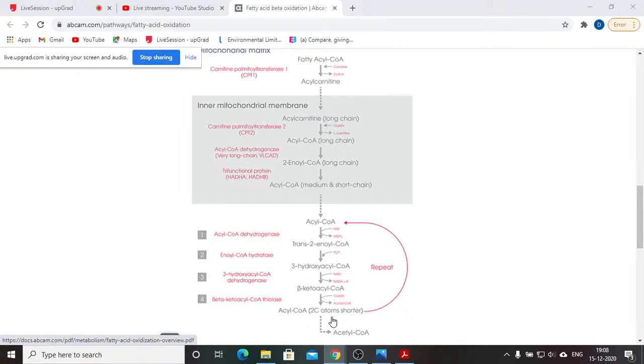So basically, to break down a 16 carbon saturated fatty acid, palmitic acid, you need at least 7 cycles of beta oxidation to have 8 acetyl coenzyme A molecules. So this is the basic